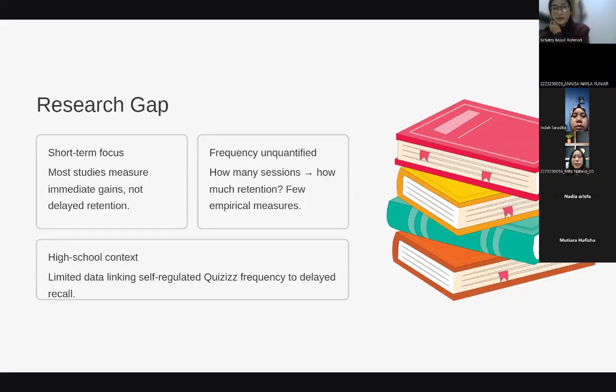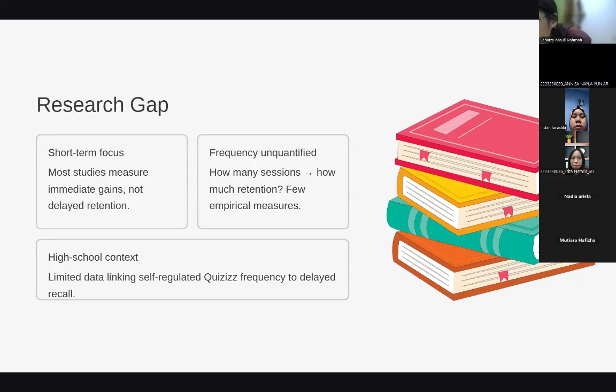Even though quizzes are popular, I found a research gap, meaning things that other studies haven't answered yet. First, most studies only look at the short term. They test students immediately after playing a game, but they don't test if the students still remember the words a month later. Second, the frequency is unquantified.